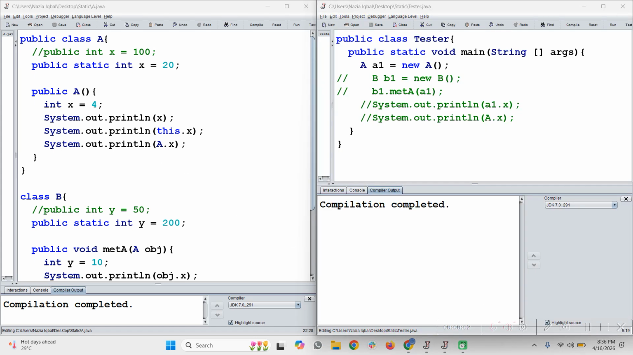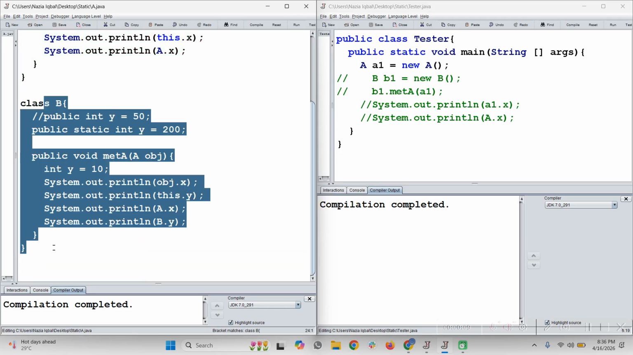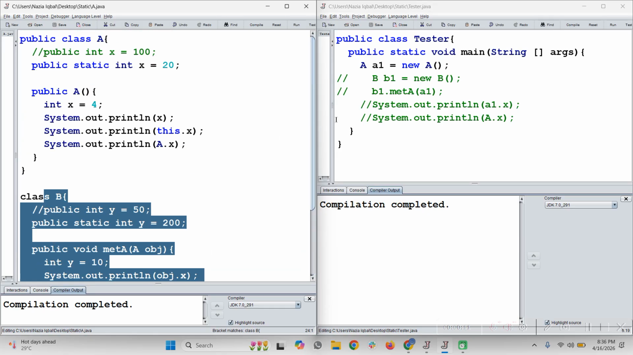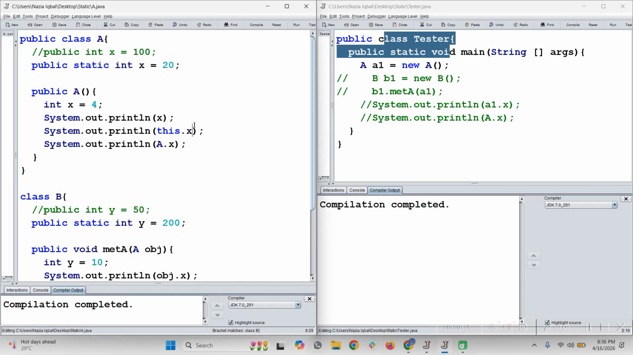Okay, so I have already created two classes. The first one is class A, and there is another class which is class B. These are basically two design classes, and in the right portion, I have created the tester class. Basically, I will show you how I can access the static variables inside a single class, and how I can